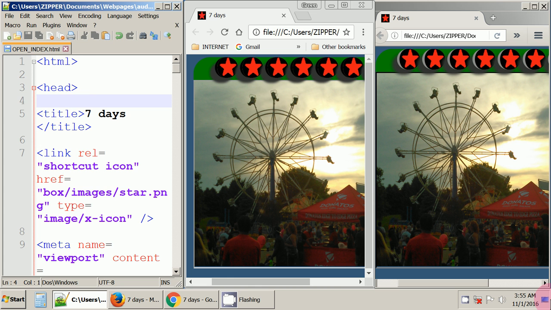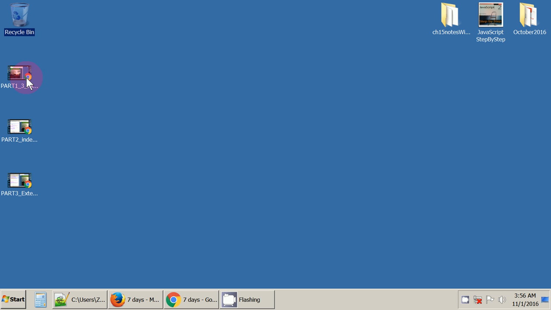Okay, let's go over what we've done. In part 1 of this project, we went over 3 different external CSS style sheets: one for small.css, one for medium.css, and one for large.css. In part 2, we did a video that basically went over the